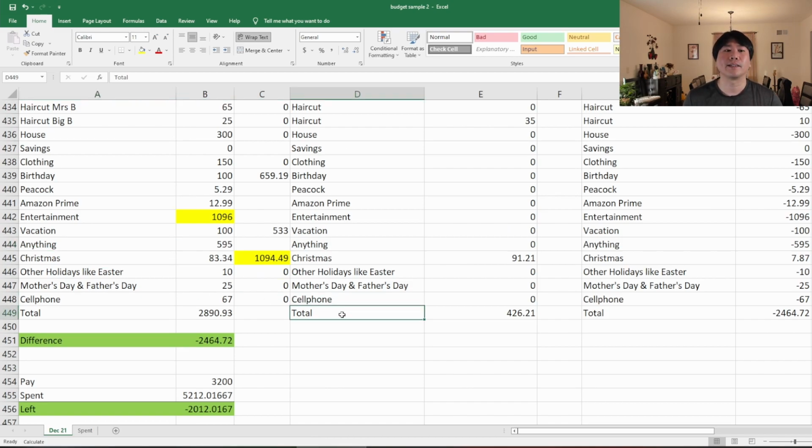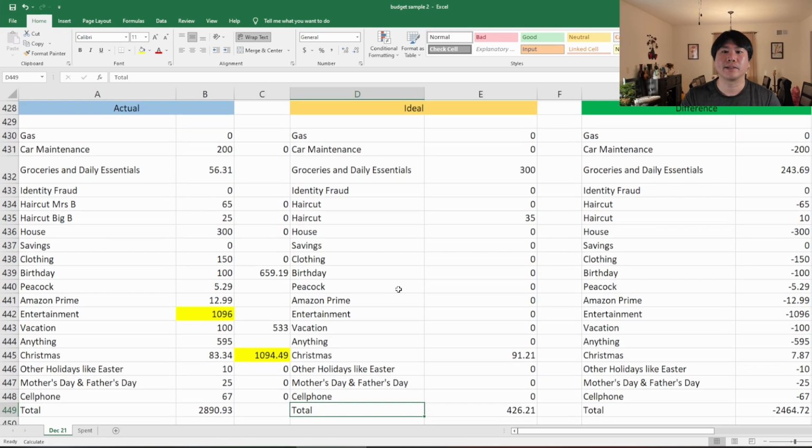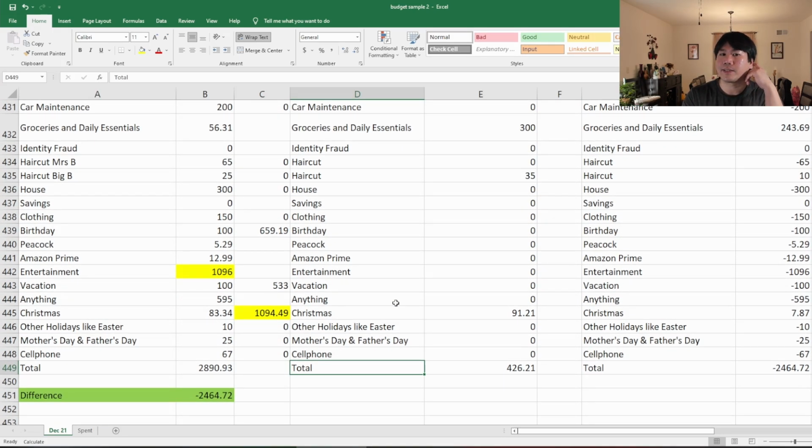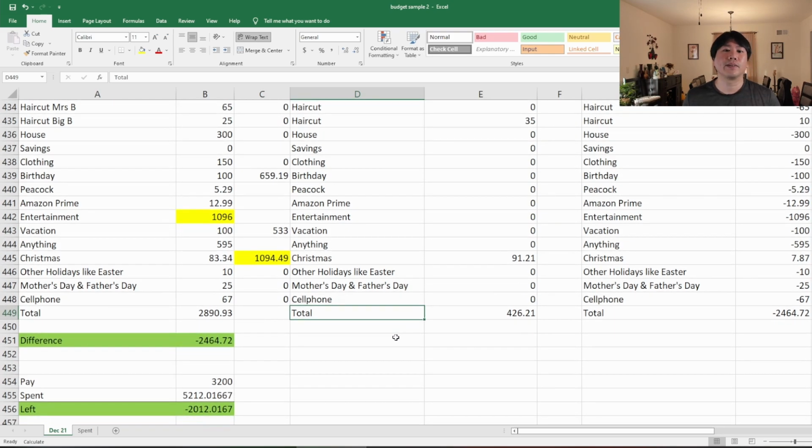Okay, so what I need you to do then is you're just going to have to do this exercise. Just honestly look at what you spent and fill out the ideal. And once you fill that out, you're going to be able to see a picture of what your budget looks like and what it can handle in the future and what you could spend or what you have extra, which would be really awesome because you don't want just a whole lot of extra sitting there. Like if you have $300 sitting there, 500, $1,000, once you get up to the $1,000, you need to really